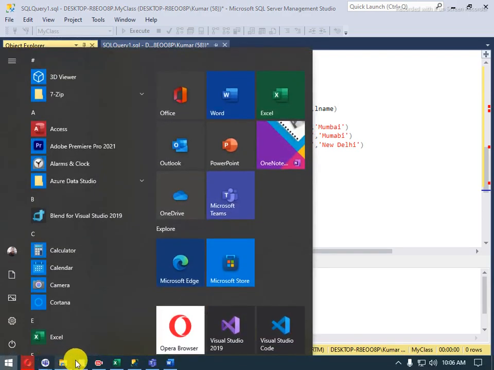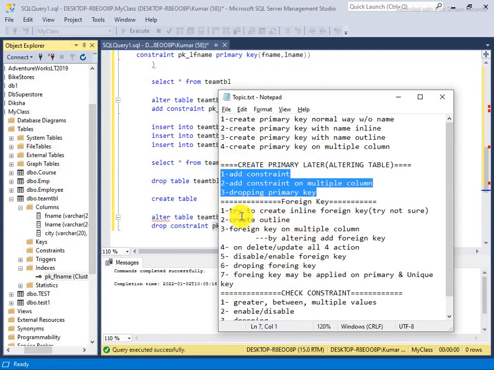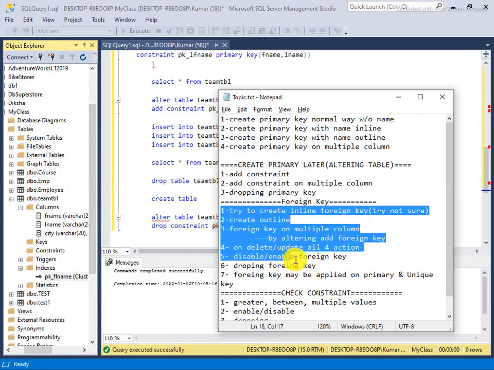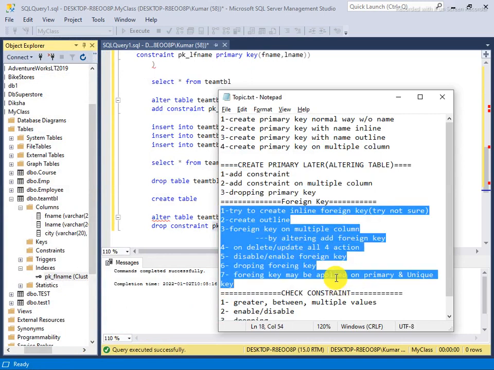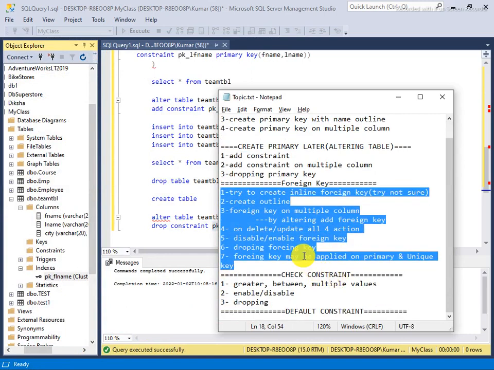Now I come to the next thing, which is the foreign key. A foreign key has many more features, and it really gives power to the database. Last time I told you how to create a foreign key.